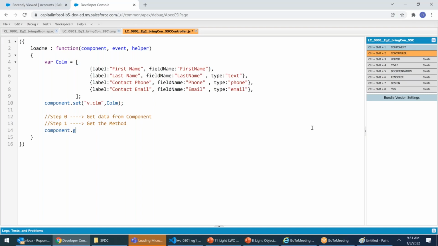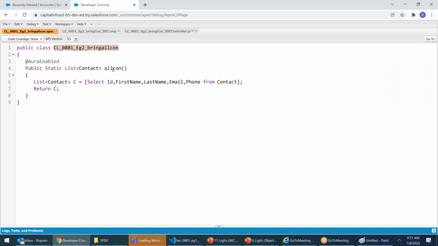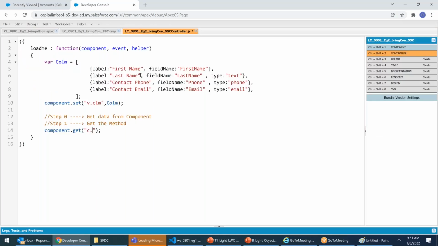Component.get. C dot. What is the method name? Method name is allCon. AllCon. Got it. You have to say where